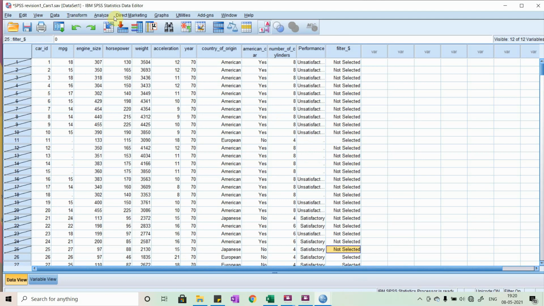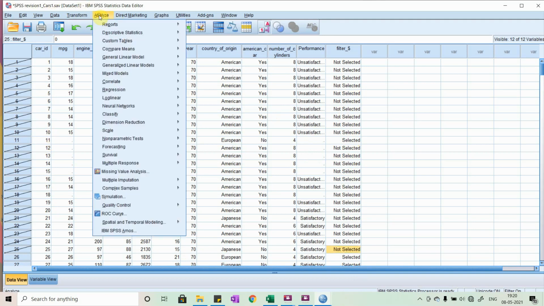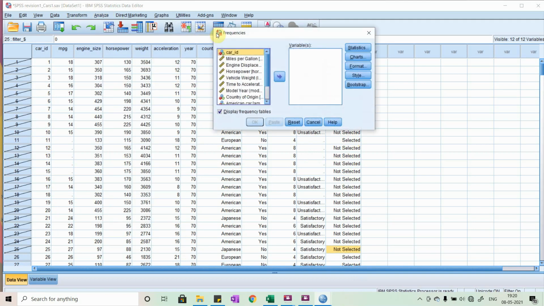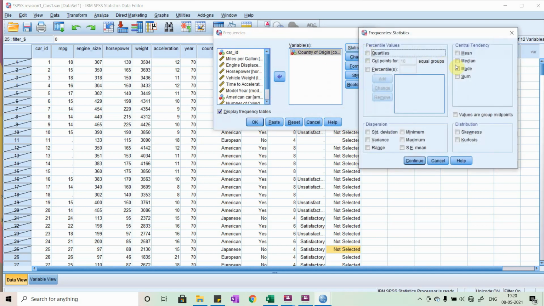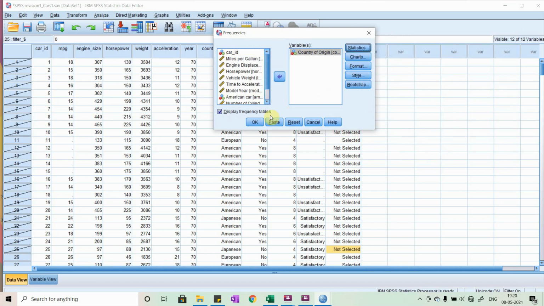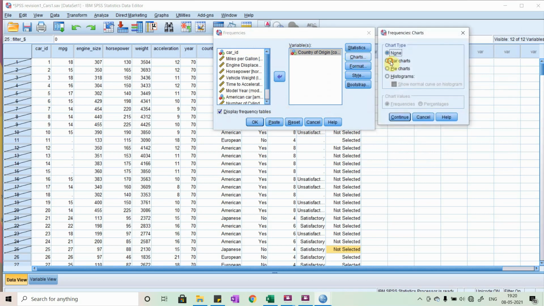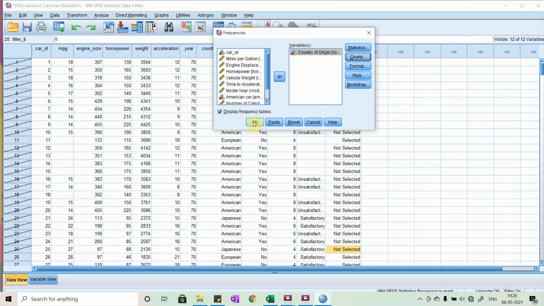And then you can again go ahead and perform your descriptive statistics. Since you have selected only the European cases for the country of origin, you go to Statistics, mode, Continue, then Charts, bar chart, Continue, and OK.